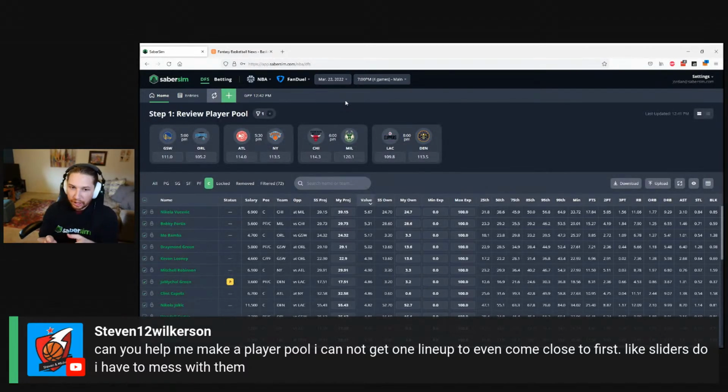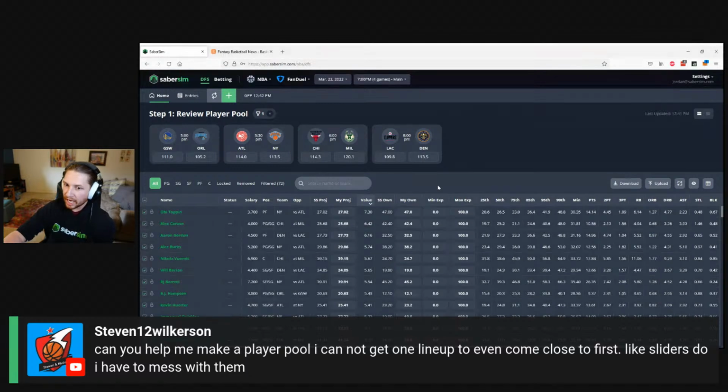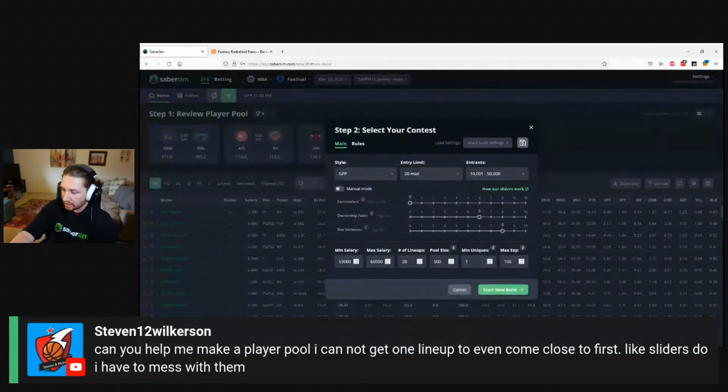You don't need to set a player pool on SaberSim in the same way that you may have to on other optimizers, because we're using simulations to build your lineups, right? You're not going to get a player that's not a good play just thrown into a lineup by pure luck, because every lineup is represented by a set of simulations. I also don't think it's a great idea to go adjusting sliders, right? The sliders have been back tested to what we believe the optimal values are by running thousands of lineups at each individual setting and comparing them to past contests.